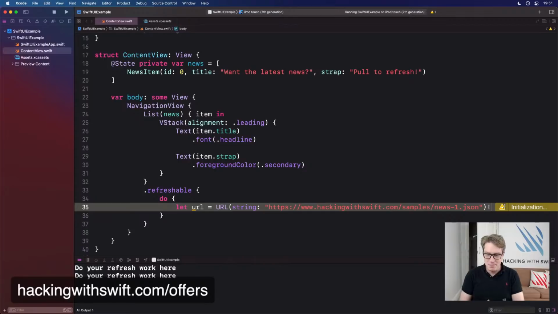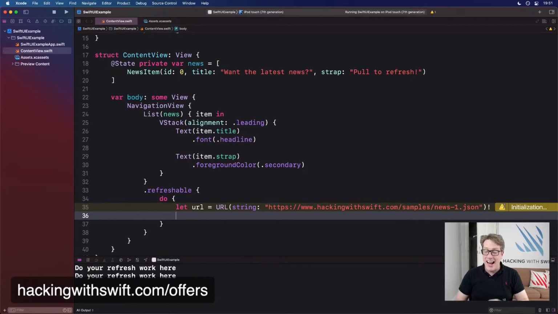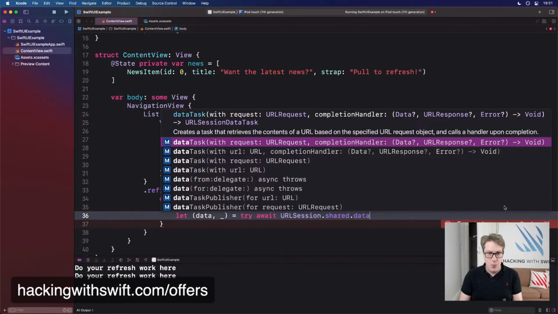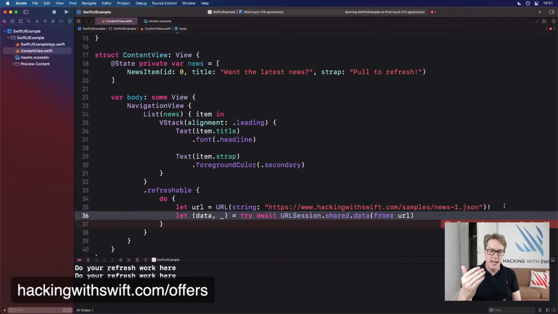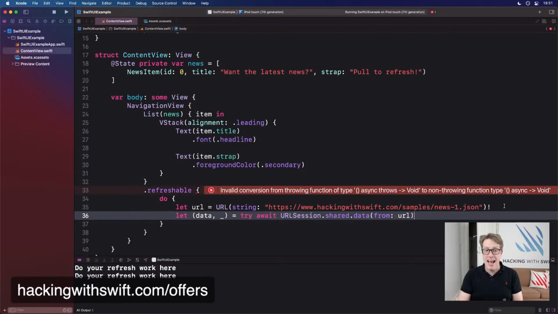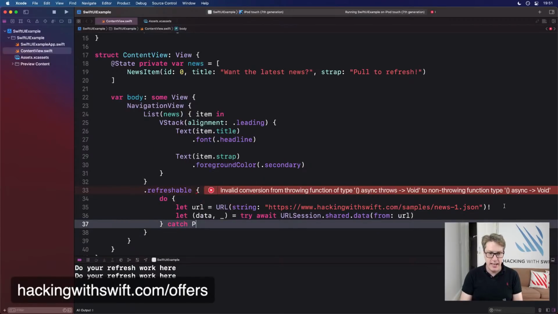This is not going to work very well. That's my data, my URL there. I can then load that into some data and optionally a response as well, but I don't care about the response here, so I'll ditch the response. So I'll say let data underscore, don't care about response, equals, this is the new syntax here, try await for some work to happen. What work? Well, URL session dot shared dot data task, and we want the new option here, data task from a URL. And just pass that in with no delegate. It'll go off, fetch it back for you and say, here's your data, here's the response. And if it throws any errors, then you can catch it down here.